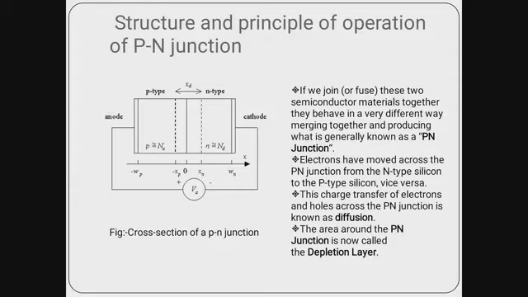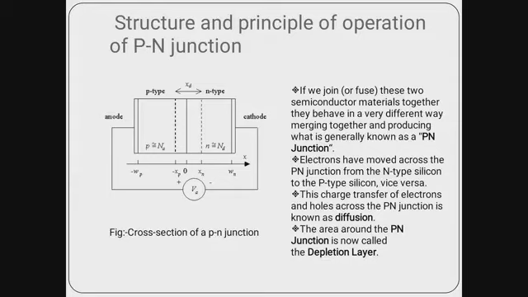Since no free charged particles or charge carriers can rest in positions where there is a potential barrier, the region on either side of the p-n junction now becomes completely depleted of any free carriers, in comparison to the n and p type materials further away from the junction. And this layer around the junction, which has been formed due to these migrations, is basically called the depletion layer.